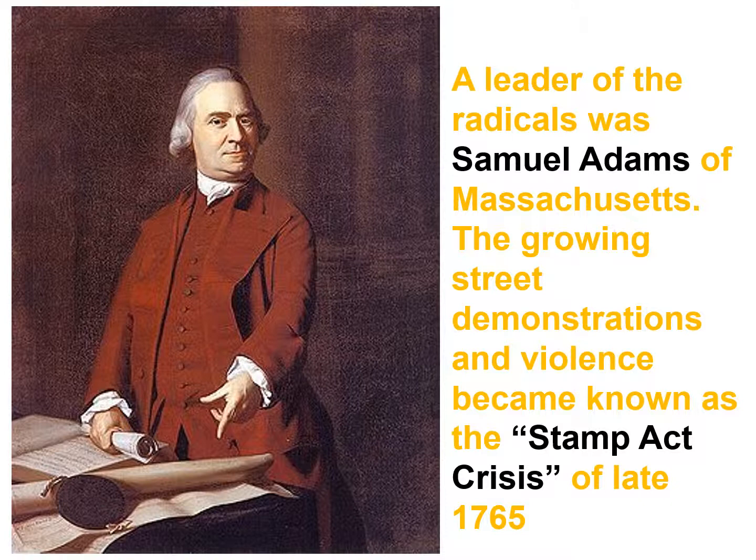But he called for street demonstrations in Boston in August 1765. And he began to burn effigies of the king, and the governors really were getting upset. And all of this growing tension led to a Stamp Act crisis in late 1765. It actually led to a mob storming one of the tax collectors' offices and vandalizing his home as well. That tax collector, by the way, resigned. But anyway, this was the Stamp Act crisis.